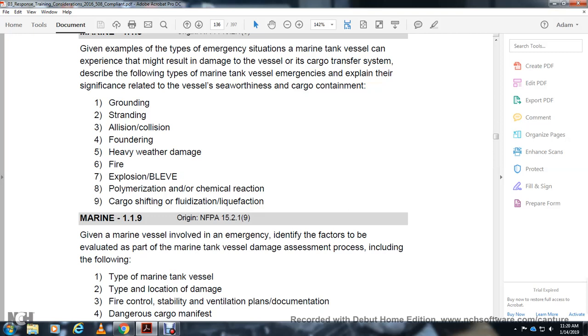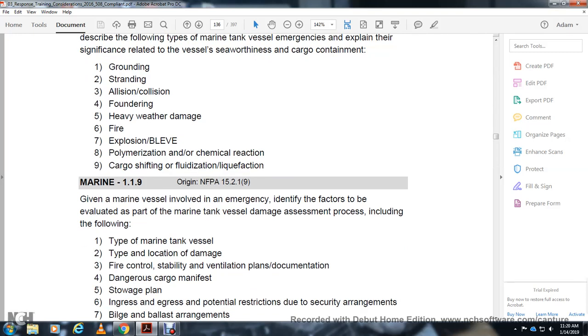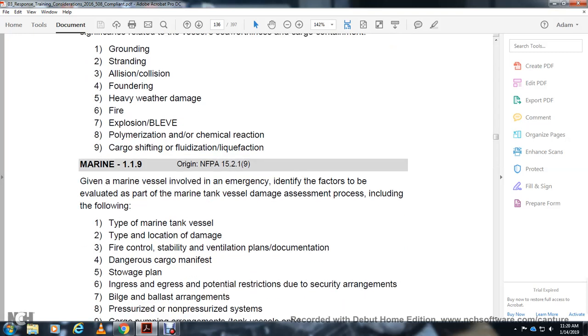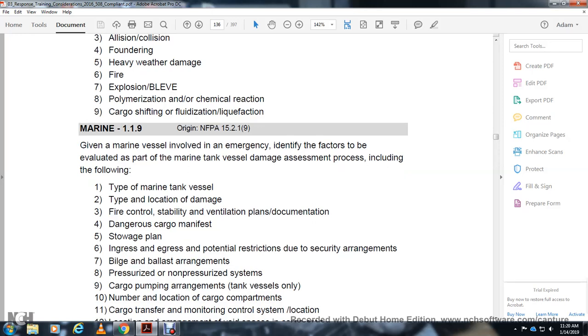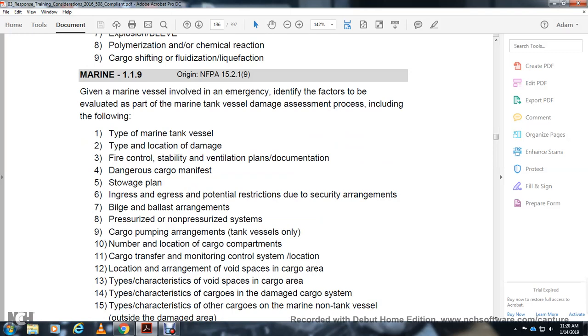Given a marine vessel involved in an emergency, identify the factors evaluated as part of the marine tank vessel damage assessment process, including the following: the type and location of the damage, flight control, stability, ventilation plan, documentation, changes to the cargo manifest, plan with the ingress and potential restrictions due to security arrangements, bilge and ballast arrangements, pressurized and non-pressurized systems, cargo pumping arrangements, tank vessel only, the number and location of the cargo compartments, cargo transfer monitoring and control systems, location and arrangement of the void spaces for the cargo area,